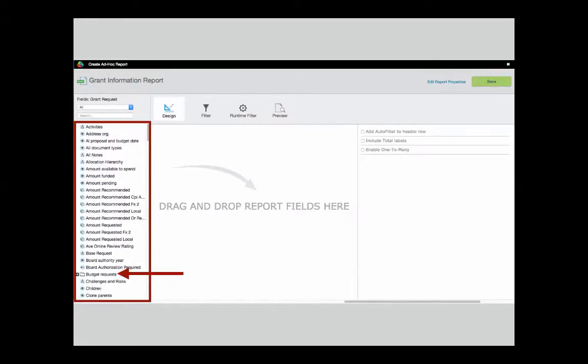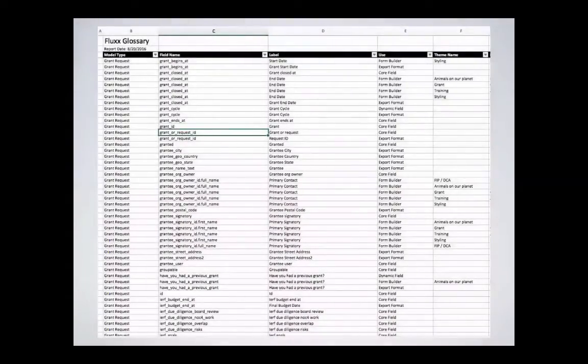If you are having a problem finding a field, a good place to start is with the Fluxx system glossary that I showed you earlier. So let's go ahead and go back to that. So this is the same Fluxx system glossary report that we just ran. The first thing we will want to do is search in the appropriate model type. So in this case, we will want to scroll down or filter until we get to the grant request model